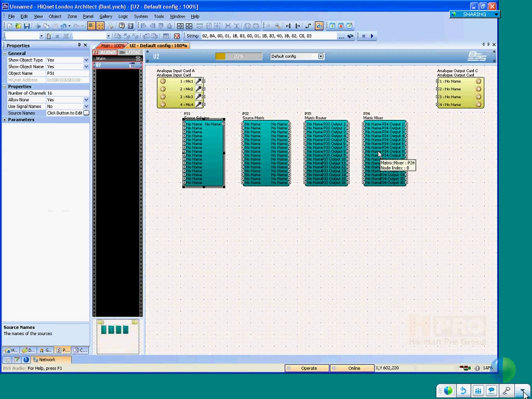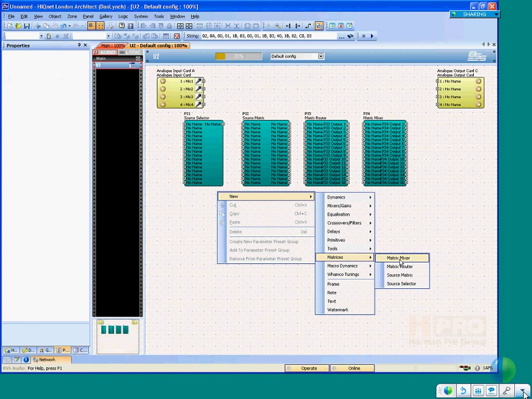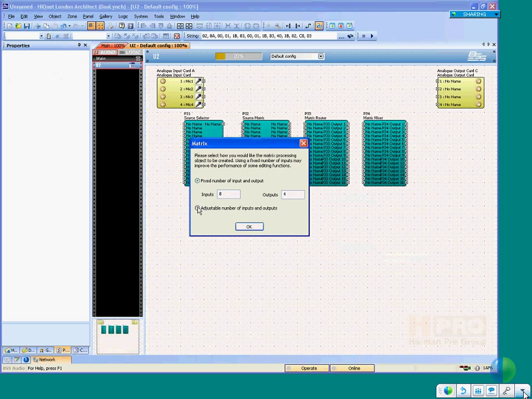Now on the matrix router or matrix mixer, there are two variations of those. There is the fixed quantity and the variable quantity. Fixed number of inputs and outputs and variable inputs and outputs. When I go to place a matrix router, it says, do you want to do an adjustable or a fixed? If it's fixed, I have to tell it right now how many to put in there. If it's adjustable,